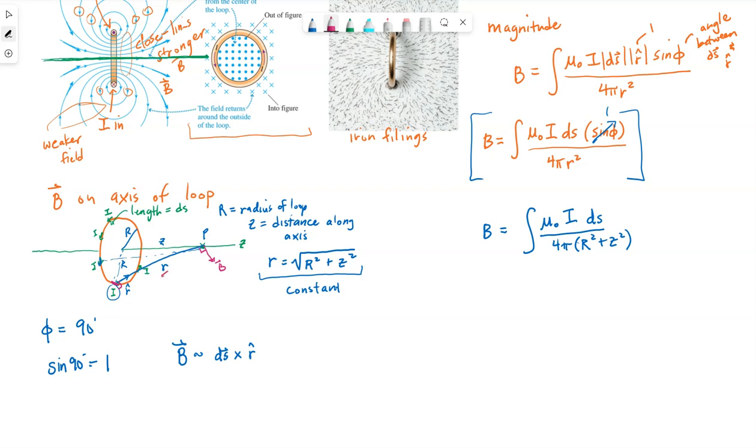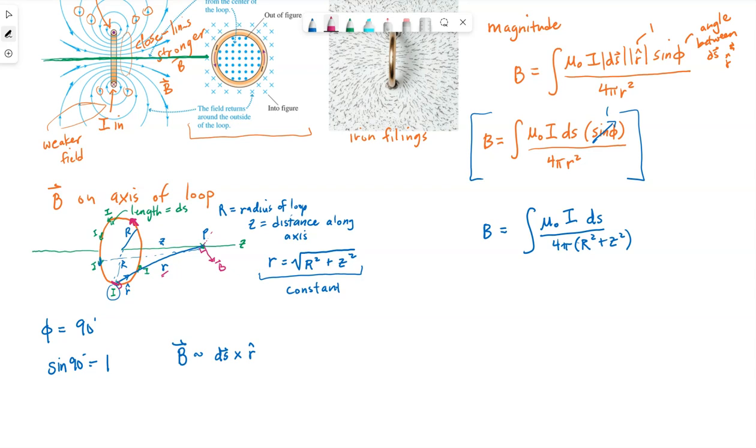So our magnetic field is going to have x, y, and z components. But if we think of a corresponding piece of current in the wire that's exactly opposite this same current, its magnetic field